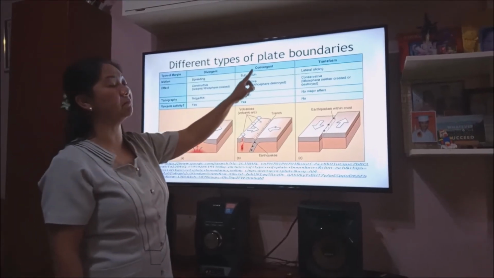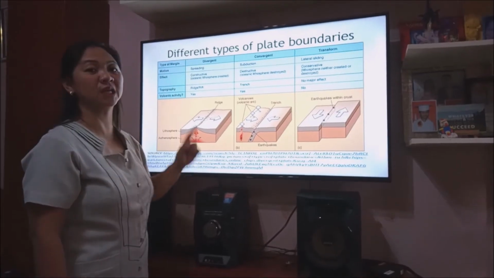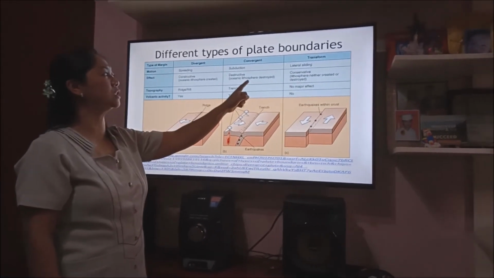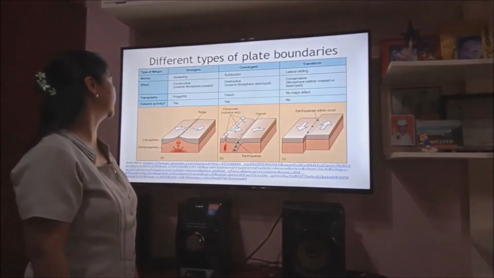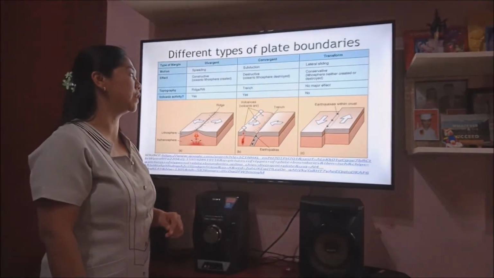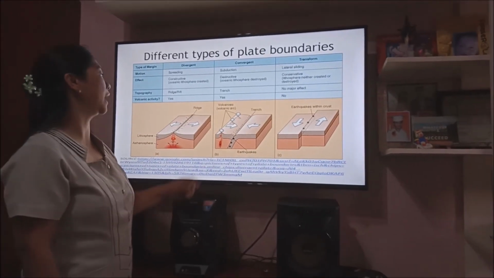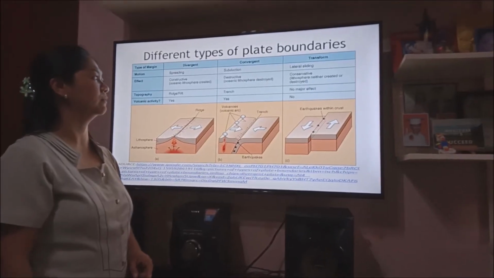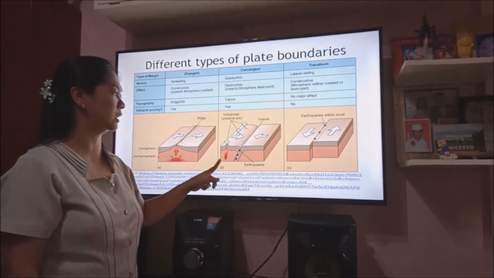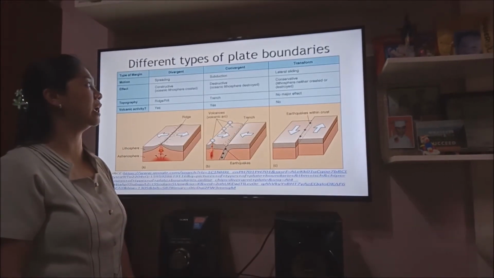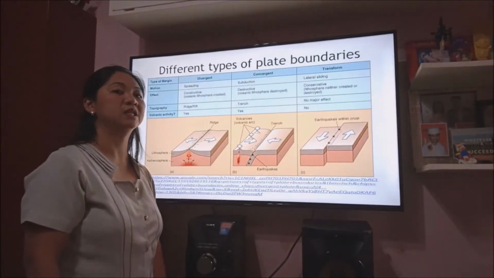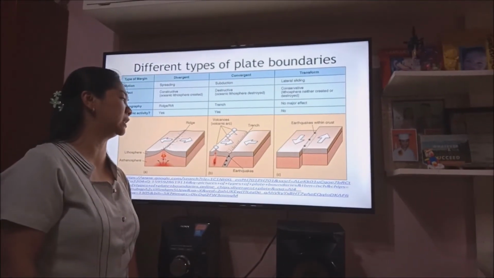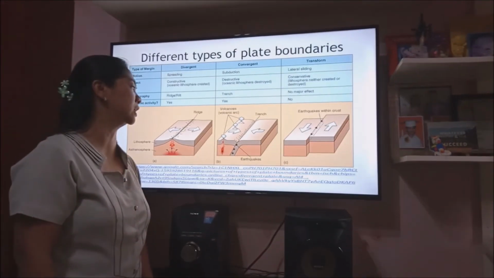And there is a possibility for volcanic activity to occur. Under a convergent plate boundary, the motion is subduction, wherein oceanic lithosphere is being destroyed. But a trench is created, and there is also volcanic activity, as you can see in the figure. And at the same time, whenever subduction occurs, especially between oceanic to oceanic crust, a